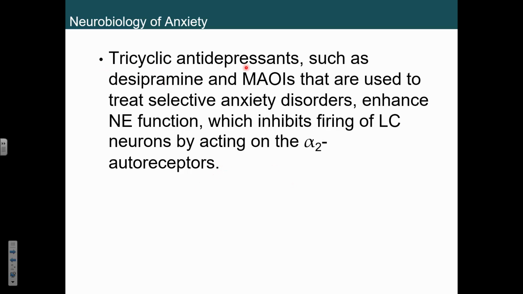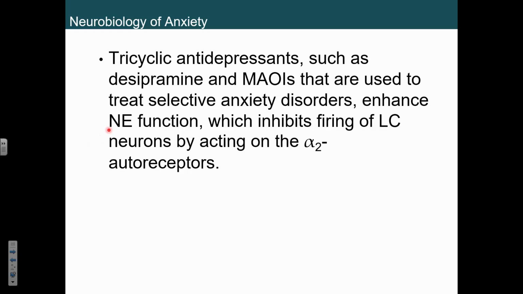So again, tricyclic antidepressants, don't take those if you can help it. The side effects are pretty nasty. They'll treat your depression, but you'll like grow an extra arm out of the top of your head or something. MAOIs are the same way. They also have really sort of nasty side effects, right? So there you go. But they actually work